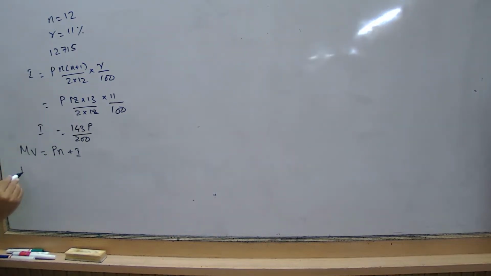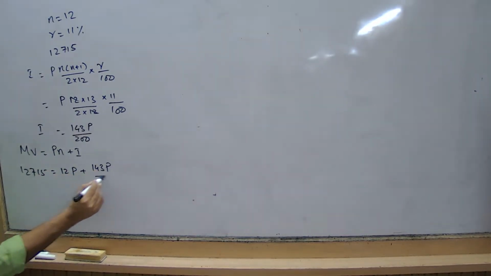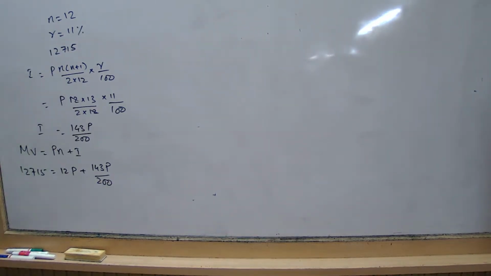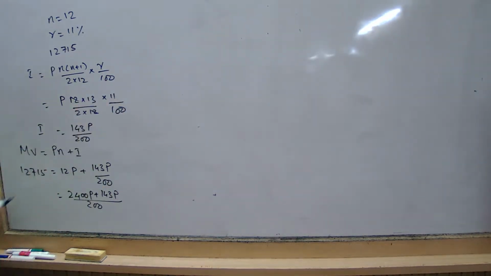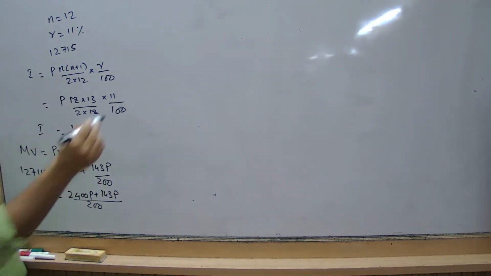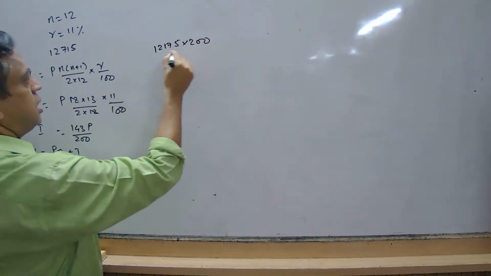12,715 is equal to 12P plus 143P upon 200. Did you follow? Now should I do LCM? 2400P plus 143P upon 200. Okay. Then 2 that is how much? 2543, na? 2543. So 12175 into 200 upon